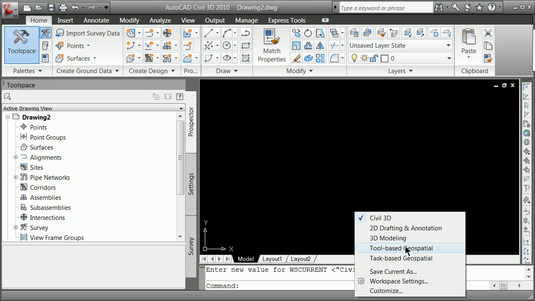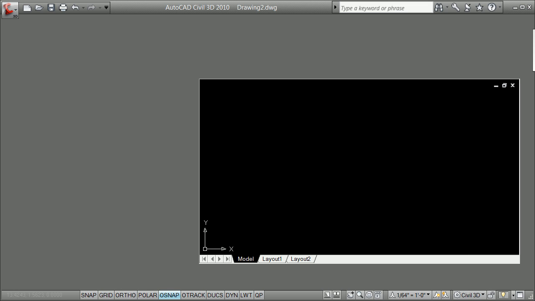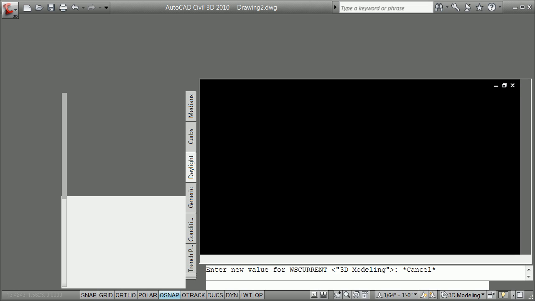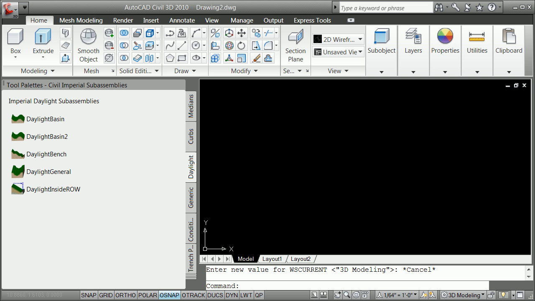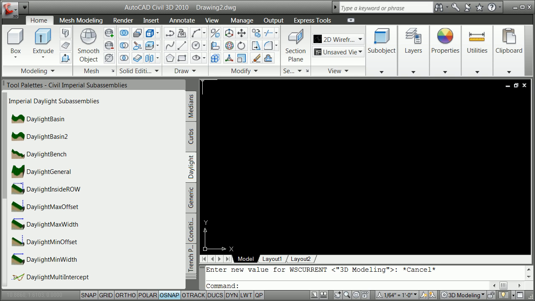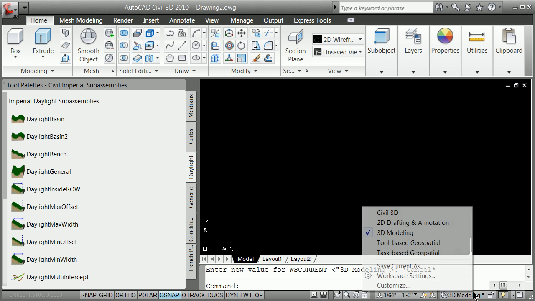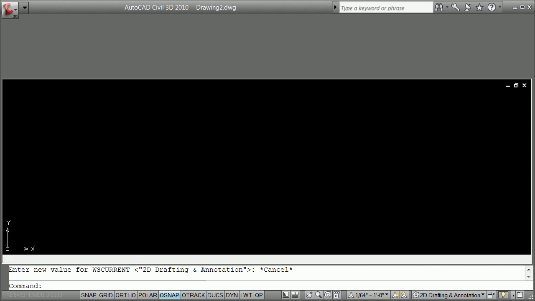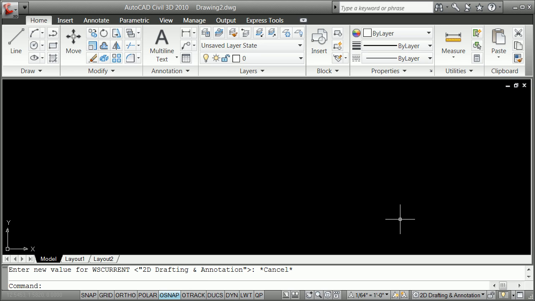It's going to be very important to go eventually to tool-based and task-based geospatial. That is the AutoCAD Map for many of you. I can go to 2D modeling, 2D drafting and 3D modeling. All I'm going to do this morning is introduce you to 2D drafting and annotation. I'm going to introduce you to the concept of parametric drafting in a very basic way by introducing the basic parameters of a